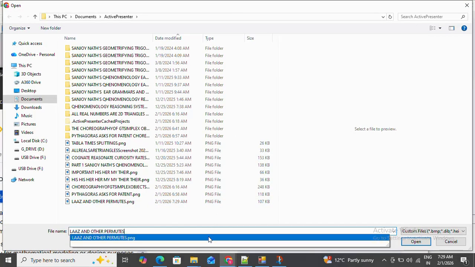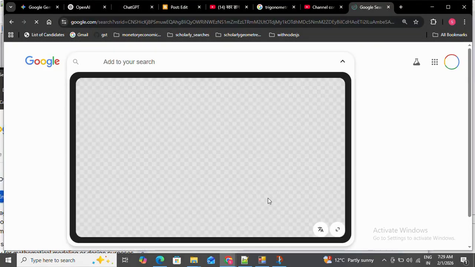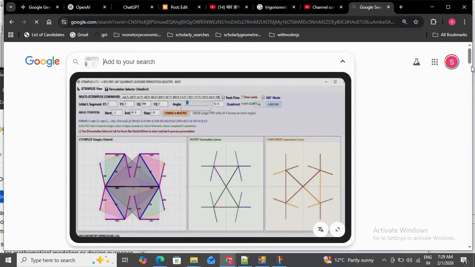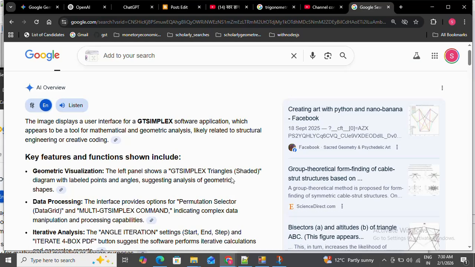conditions like these. Say the 16 symmetries of the cos square theta, we can see the GT simplex software applications, which appear to be a tool of mathematical geometry, consisting of structures in creativity coding, GT simplex triangles and multi-GT simplex commands, permutation selectors. And these kinds of images are visible